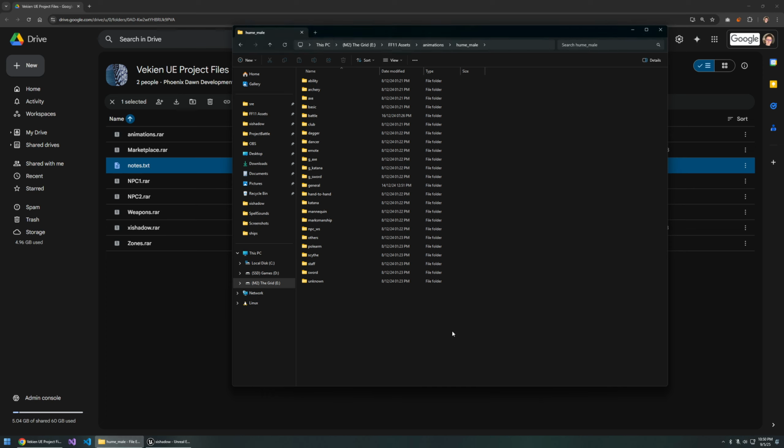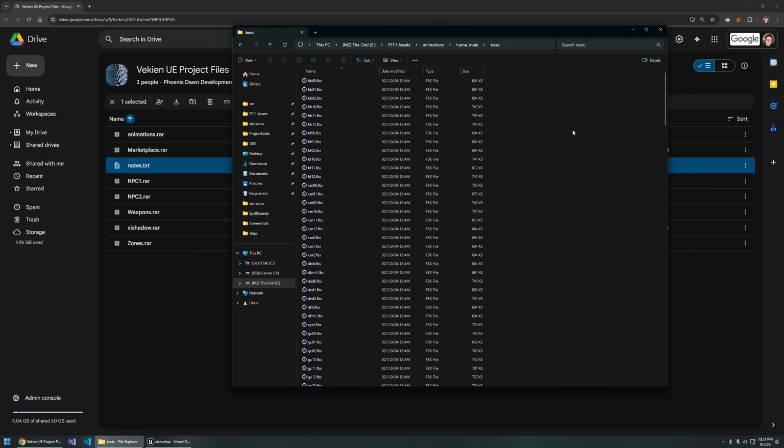The way that Square Enix have set them up is they use three different skeletal animations for basically one. They have the upper body, they have the lower body, and then some of them have the waist, or they'll use the upper body for the waist. So for example, if I go inside